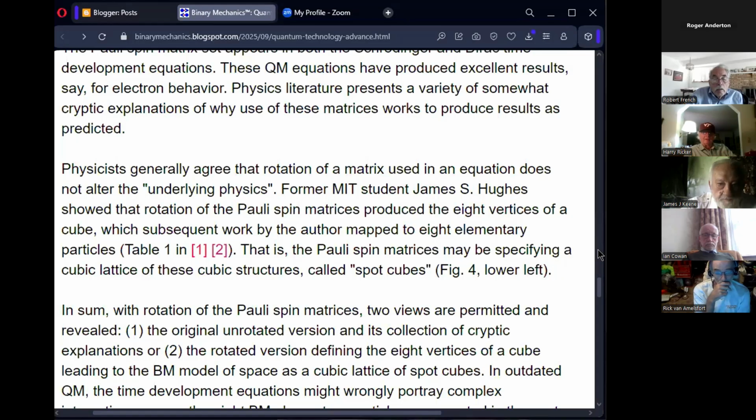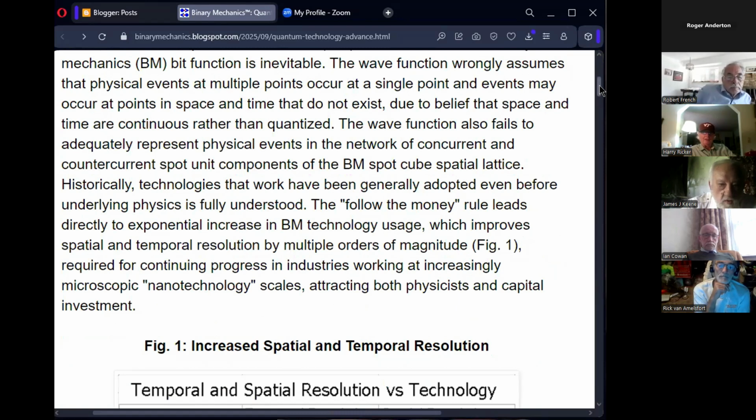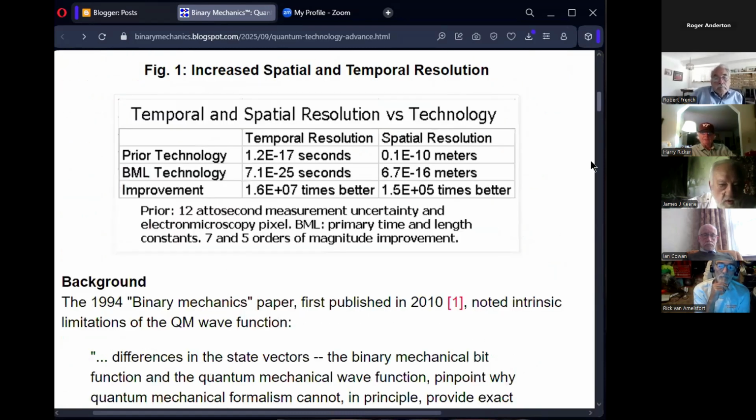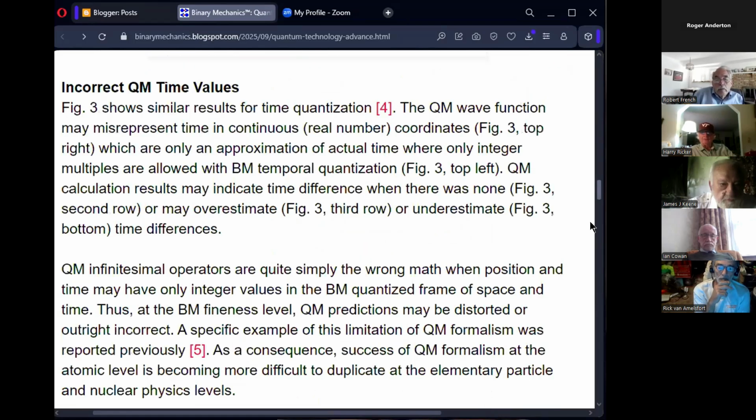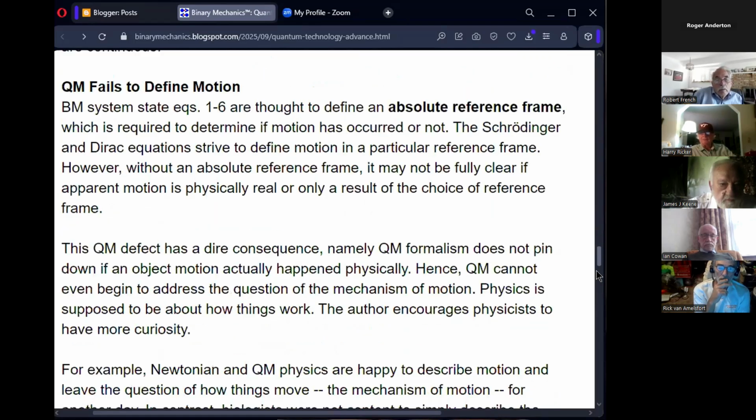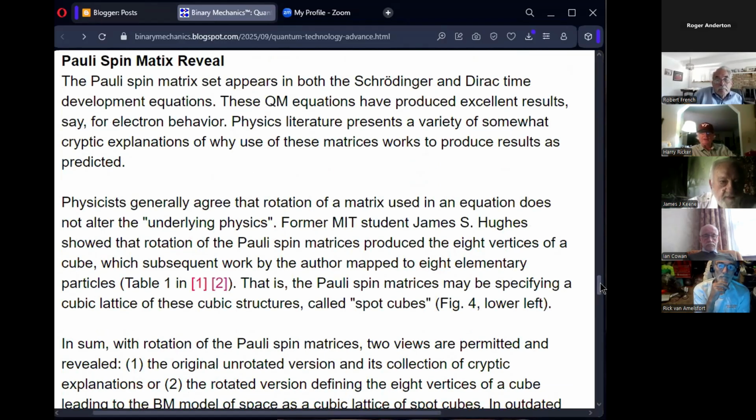So I think the big issue in my mind is this business of the uncertainty principle and determinism. Does binary mechanics get rid of the problem that quantum mechanics is non-deterministic? It looks to me like binary mechanics is deterministic and quantum mechanics is non-deterministic. Is that a correct way of phrasing it, Bob? Yes. I mean, it's very hard to give conclusive evidence for or against determinism. So I wouldn't even take it as a criticism necessarily that it's deterministic.